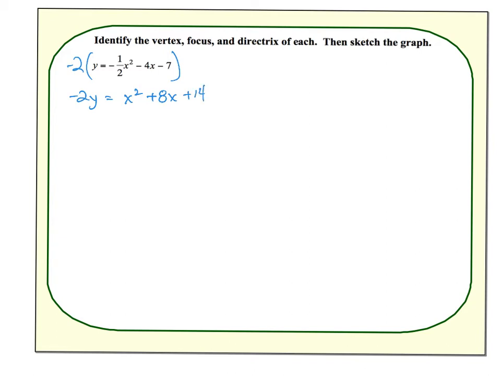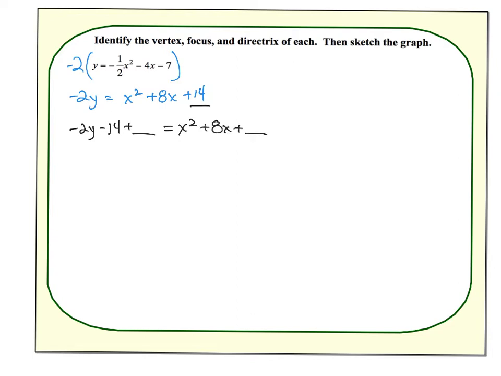All right, so now we need to get it in that standard form. Okay, so completing the square kind of form. So I need to get rid of this 14 onto the other side. So now I'm left with negative 2y, and then minus 14 plus blank is equal to x squared plus 8x